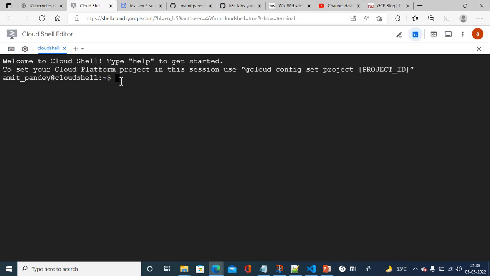So once it's connected, you can run the command kubectl get pods. I have not created any pod over here, that's why it's not showing the details of my pods. So first, I'm going to